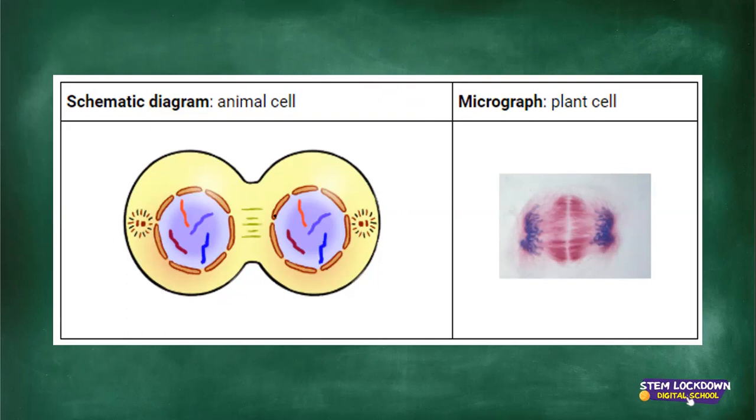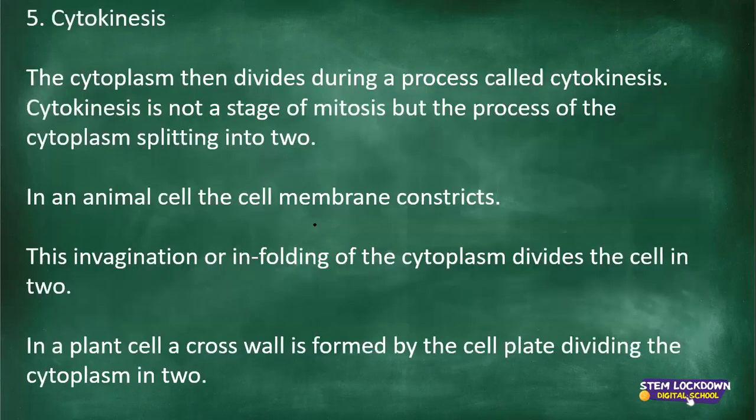But basically, these are the steps. Telophase, we are done. The daughter cells are forming. Now we are moving to the second process of the mitotic phase, which is cytokinesis. What happens during cytokinesis? The cytoplasm divides during a process called cytokinesis. Again, it's important to remember, it is not a stage of mitosis, but the process of the cytoplasm splitting